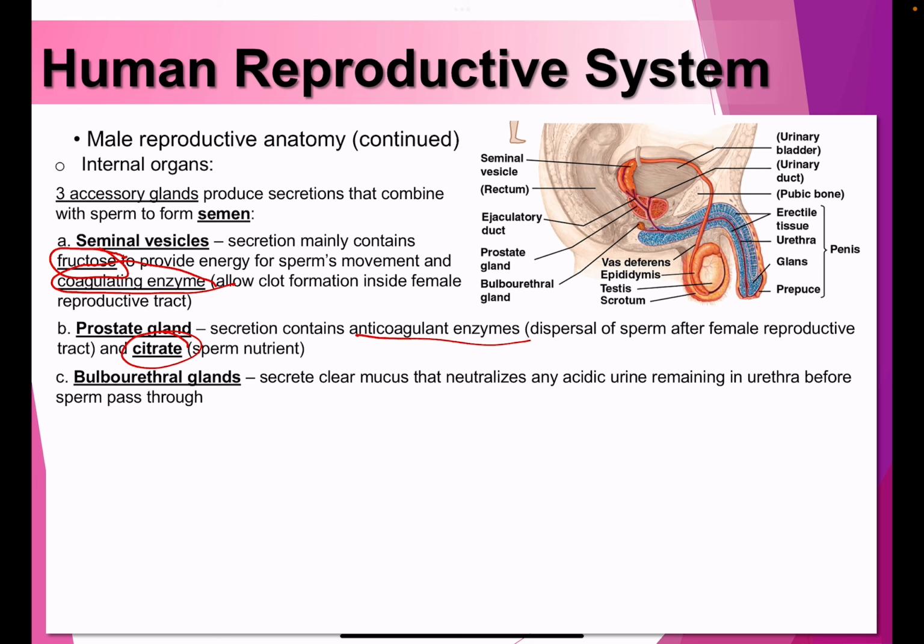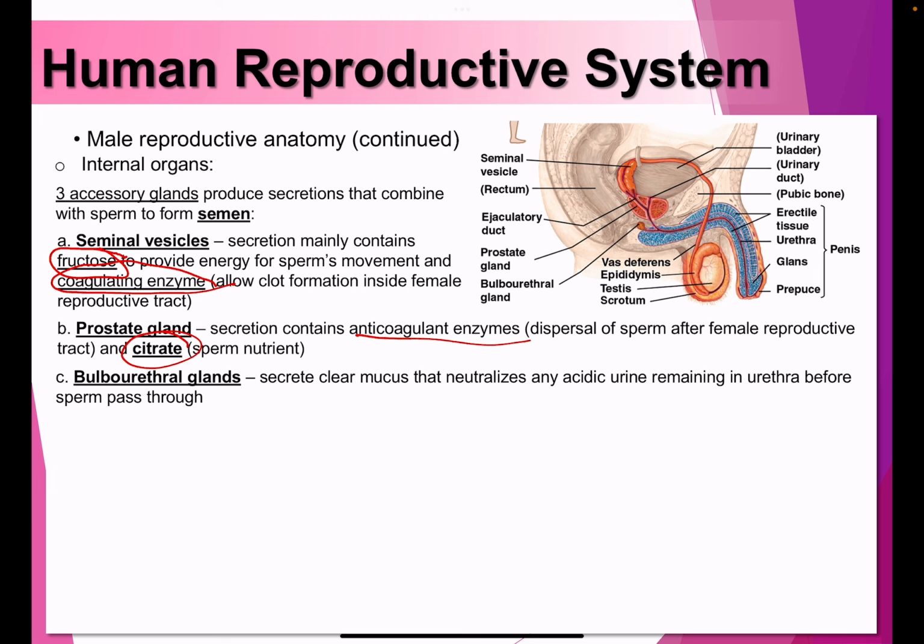Okay. So that's why you need a certain amount. If you're below a certain amount in sperm count, you're considered infertile because of that fact. Okay, so for the bulbourethral gland, their important job is they secrete this clear mucus